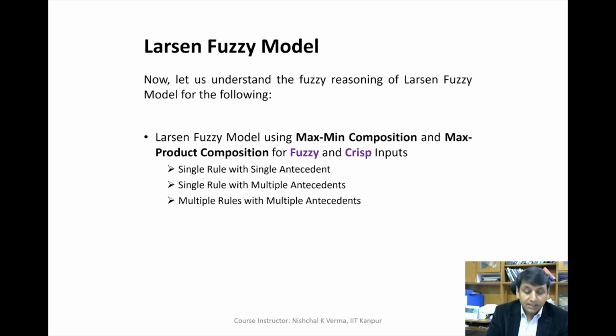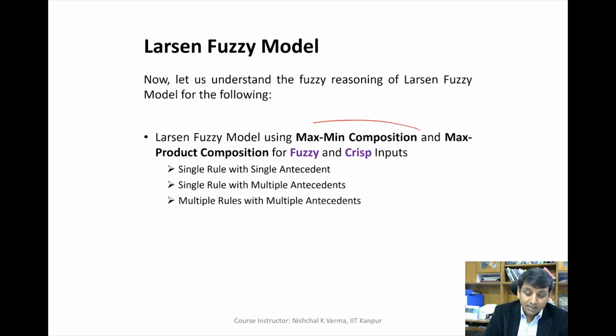The first case is single rule with single antecedent. You can see here single rule with single antecedent. Then we can have the single rule with multiple antecedents, and then we have the third case, multiple rules with multiple antecedents. So all these three cases for the Larsen fuzzy model I will discuss in this lecture,